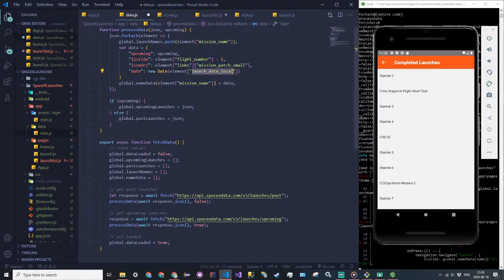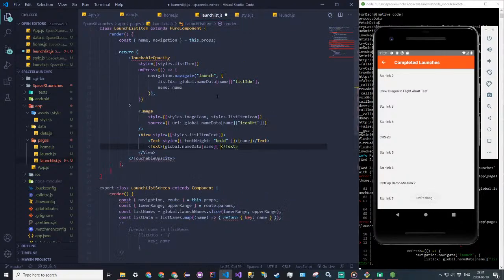So these are just names taken from the SpaceX API, and they put it in an ISO format so that JavaScript can automatically find it. All right, so now back in LaunchList, what we have to say is name at date, and then we're going to get the date string. So .toLocale